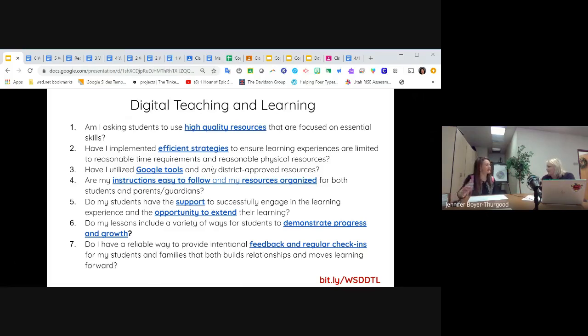I think our superintendent has made that really clear, especially for elementary teachers, that our focus needs to be on giving kids feedback on essential skills and feedback that creates relationships, and spend our time doing that and not thinking so much about how am I going to grade this. You probably noticed that at the end of 3rd quarter, you didn't get a pop-up telling you what essential skills you hadn't graded yet. That was purposeful.